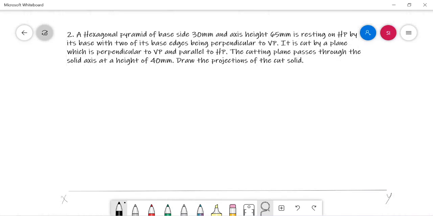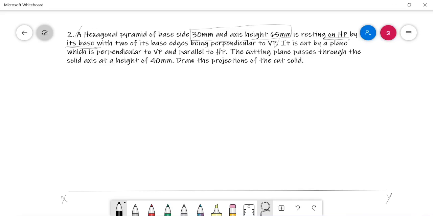Thereafter, we can cut the solid. Here, to draw the projections of the solid, the data given are up to this line. That is, a hexagonal pyramid with its base dimensions we now know, and it's going to rest on HP simply by its base.